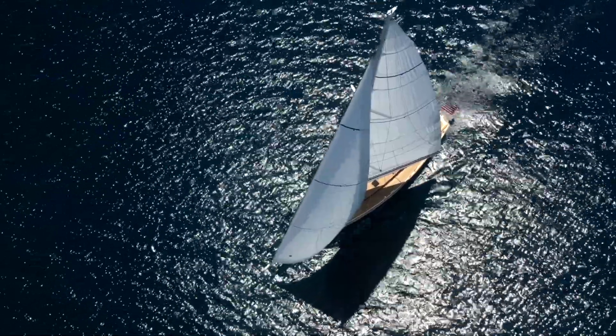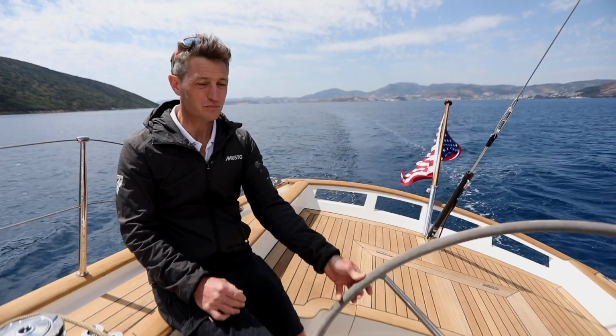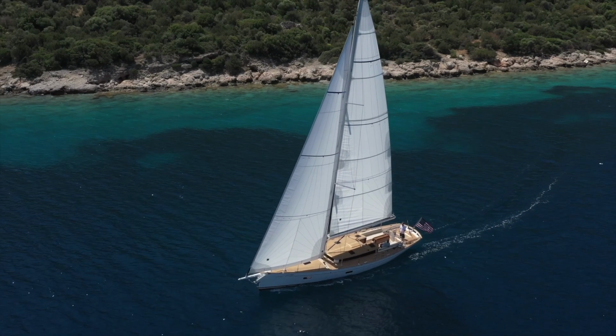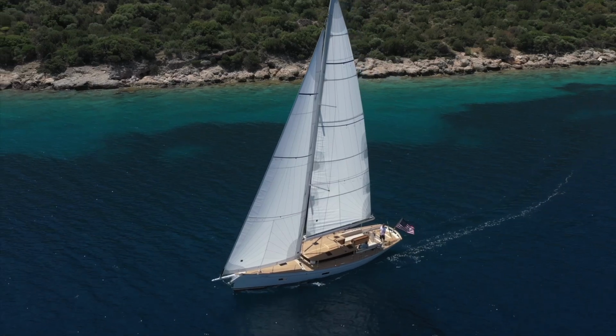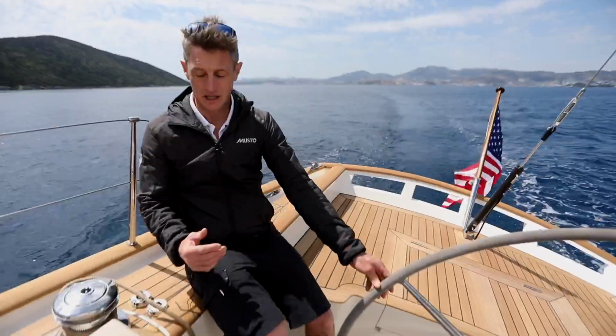But in terms of actually sailing it, well, we've got a bit of breeze on now. We've been sailing in typically 7 to 12 knots, and it powers up really nice and easily. Plenty of sail area with just white sails. You can see here to windward,